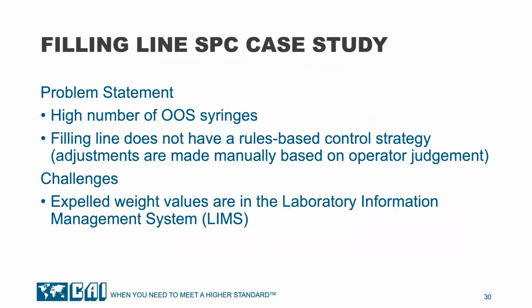This brings us to our case study on SPC. This case study is based on a real-world solution provided a few years ago. There was a filling machine that had a check-weigh system. However, the check-weigh system could only determine empty syringes and perhaps grossly underweight syringes, but was not accurate enough at operating rates to determine if the filling target weights were being met. We were significantly overfilling to reduce the likelihood that we would not meet the label claim.